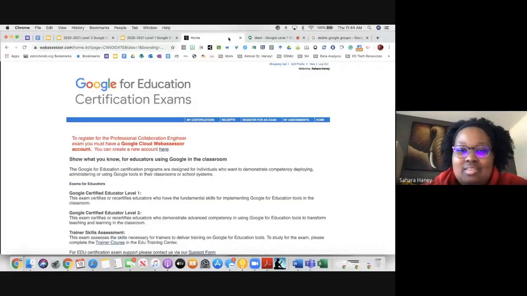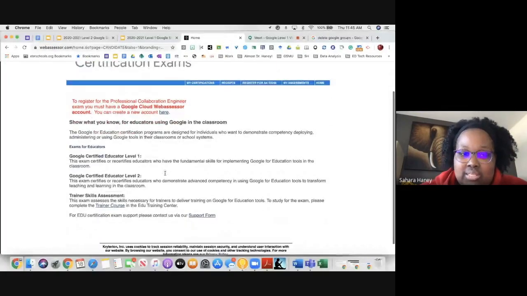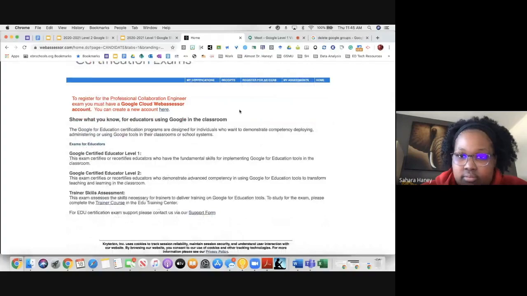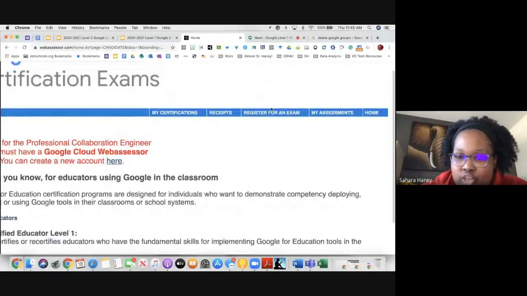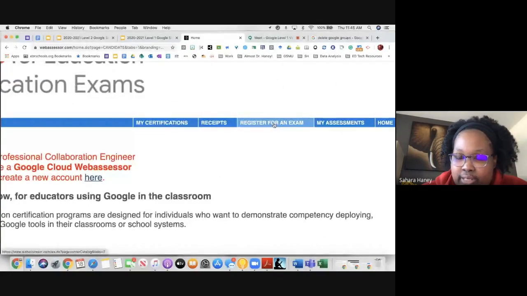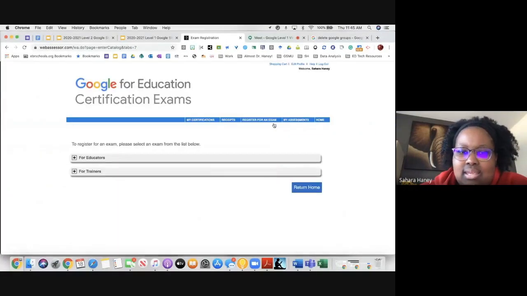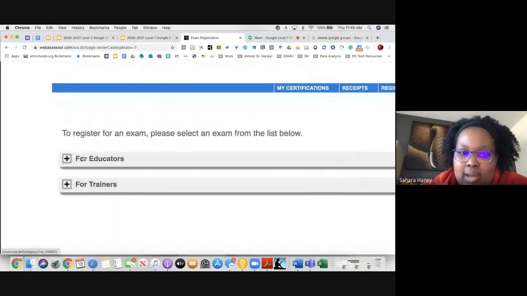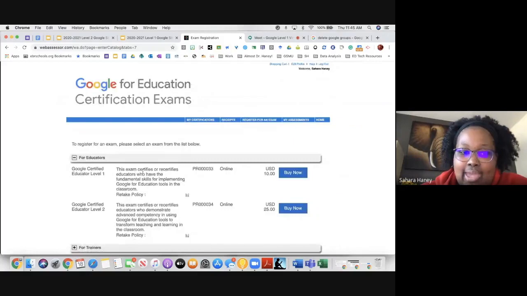Once you're in Web Assessor, which is where you register for the assessment, you're going to see some information right here. But in this little toolbar, menu bar right here, it says Register for an exam. You're going to click that, and you have a couple of options. You have For trainers and you have For educators. Click For educators, and then you have Level 1, Level 2. Click Buy now,